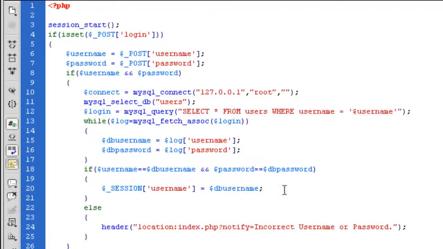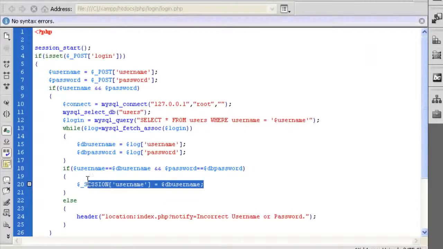So db username's value is going to be assigned to session username,